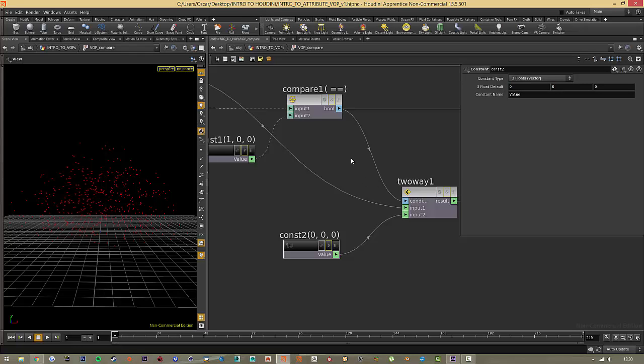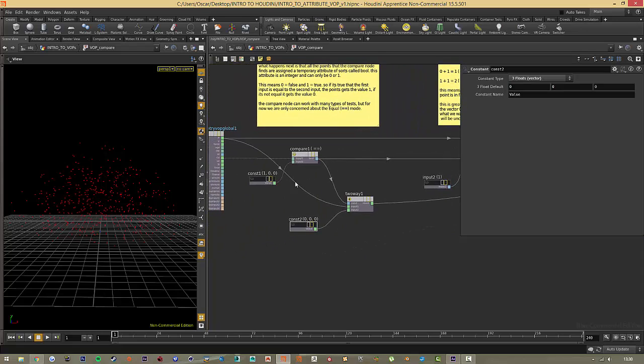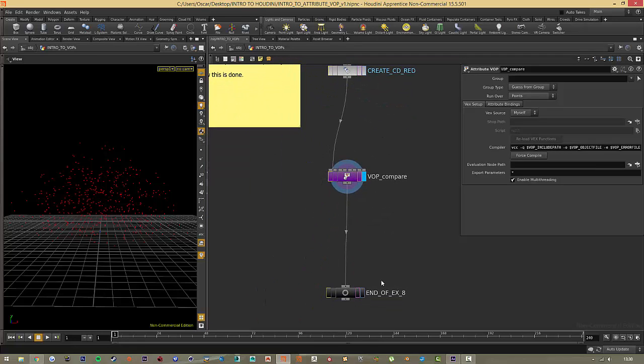But yeah, that's sort of how you can use the compare. You can use both like this, like adding things on top of it, or you can use it in a two-way switch, or you can use it in a million other ways. It's up to you. You're free to do whatever you want, but this is some of the ways you can use